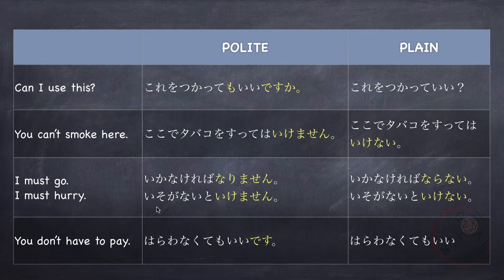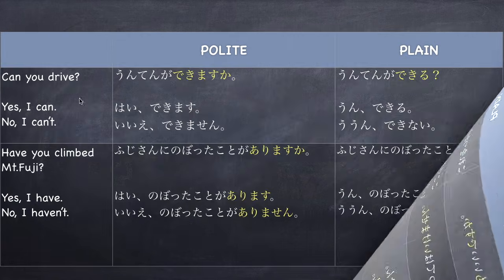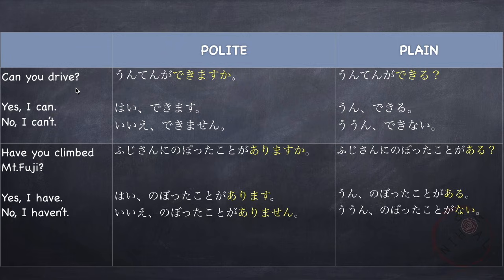Or another way of saying must do something is using ないといけません。For example, I must hurry. 急がないといけません。In plain form, it is 急がないといけない。So いけません becomes いけない。You don't have to pay. 払わなくてもいいです。In plain form, you can say 払わなくてもいい or 払わなくていい。